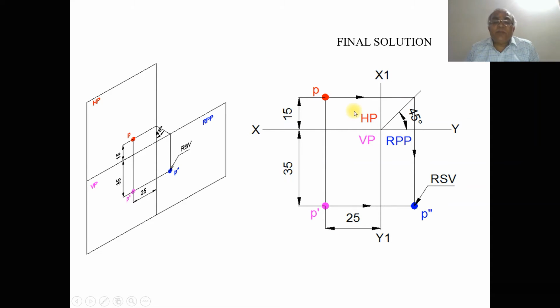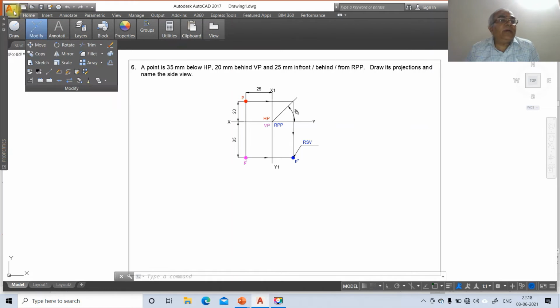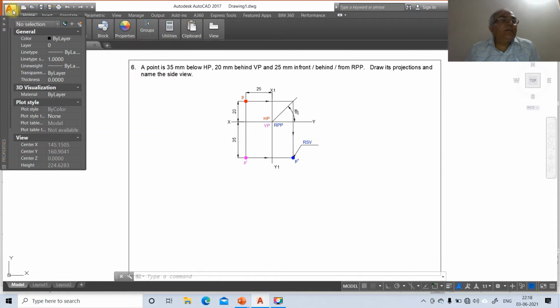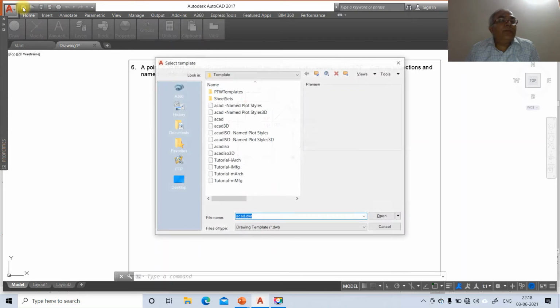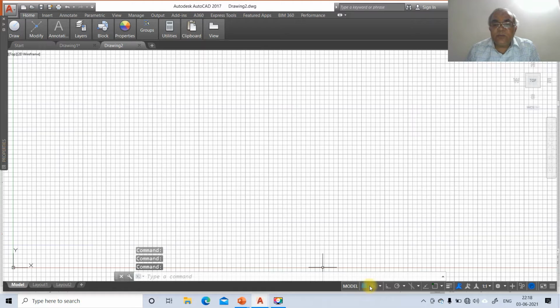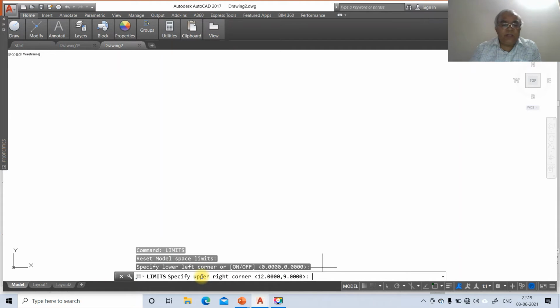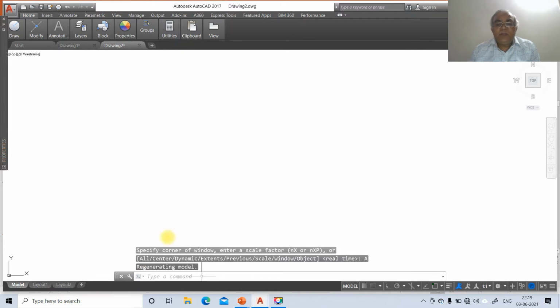And now we will try to solve this same problem by using the AutoCAD screen. So first we are going to come to this. So we will go for the file, we will go for the new. So you just go to open. So we're going to go to grid, which you switch off the grid, and go to zoom. So the first command is limits, then go to 0,0 lower left corner, upper right corner 297,210, then zoom all. So now we're going to switch on the ortho mode.